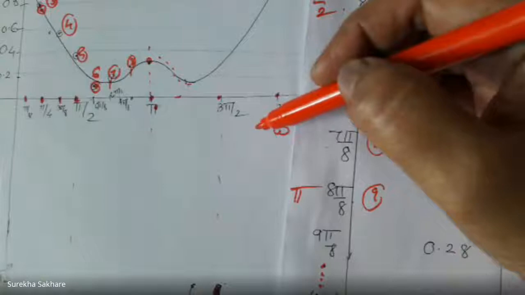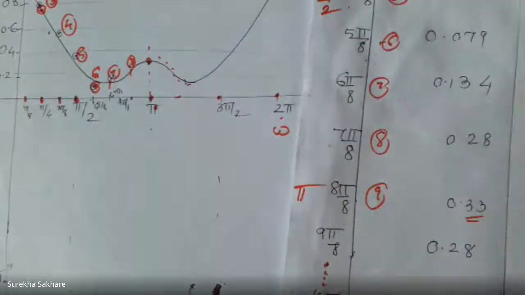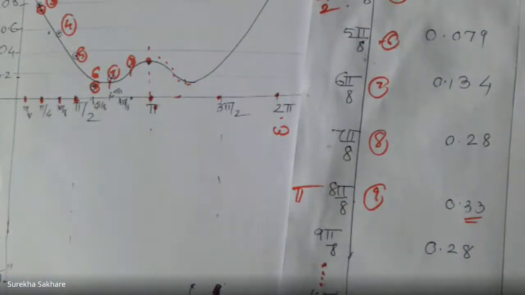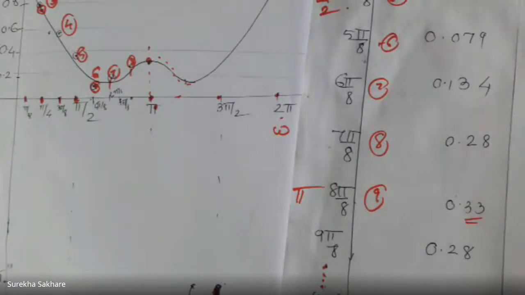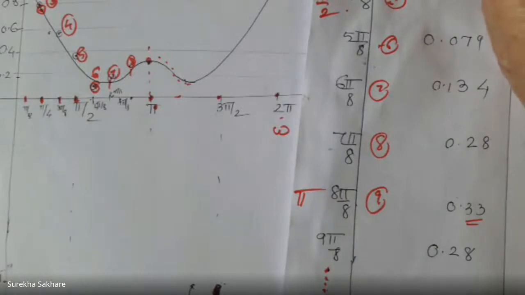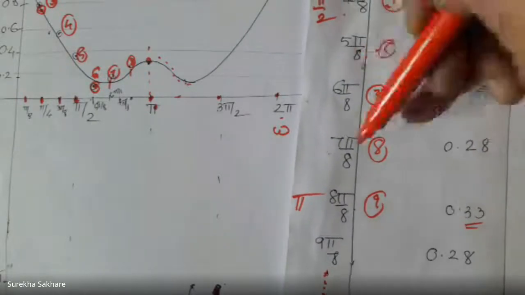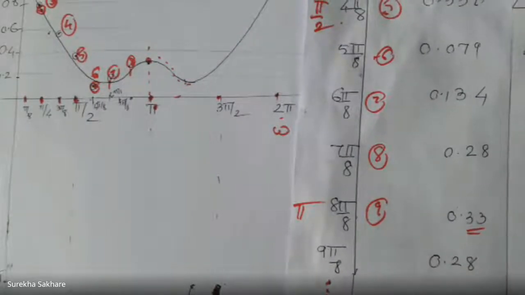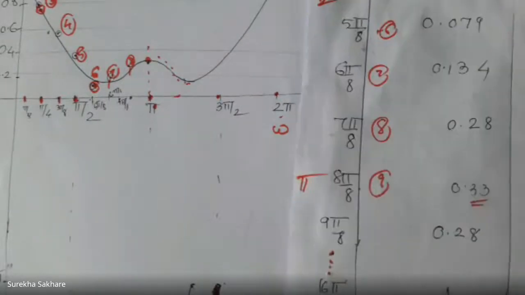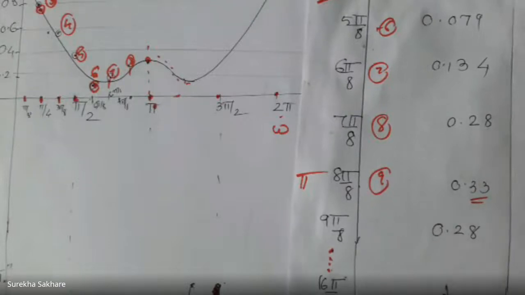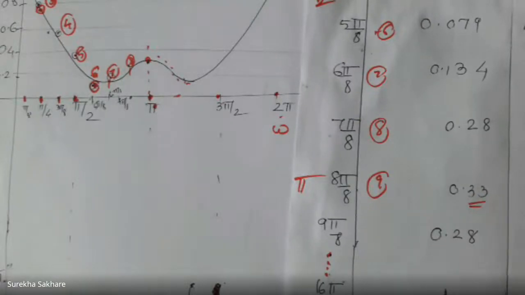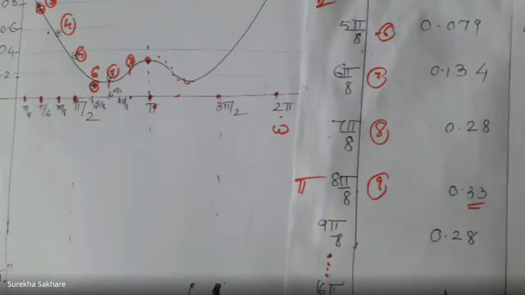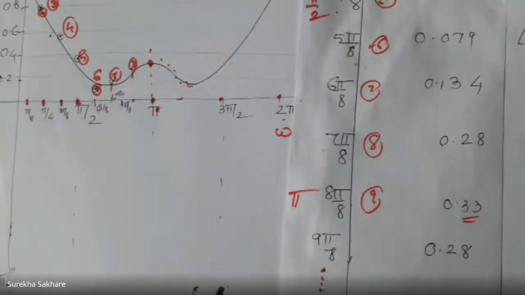So for 2 pi, how much should I get? To make it 2 pi, see, this is 16 pi by 8. As we are moving from pi by 8 in steps of 1: 1 pi by 8, 2 pi by 8, 3 pi by 8, 4, 5, 6, 7, 8, 9, 10. Likewise, 16 times pi by 8 will be 2 pi. For 2 pi, you've seen that it is going to be 1. Did you see the reading of 2 pi? So it is going to be 1, calculation wise.